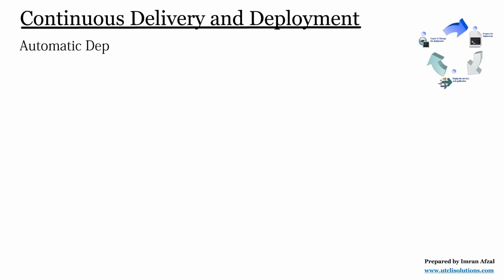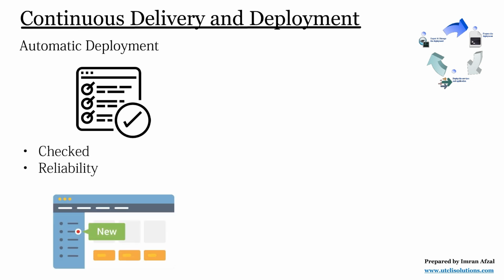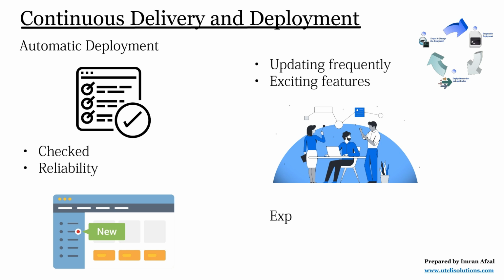Then automatic deployment. Once everything is tested, checked, and reliably ensured, this feature will be added to the application, of course. So continuous delivery ensures that this app keeps updating more frequently with more exciting features, offering more engaging user experience and premium performance. All right, this is how continuous delivery works. Let's move on toward the next exciting practice